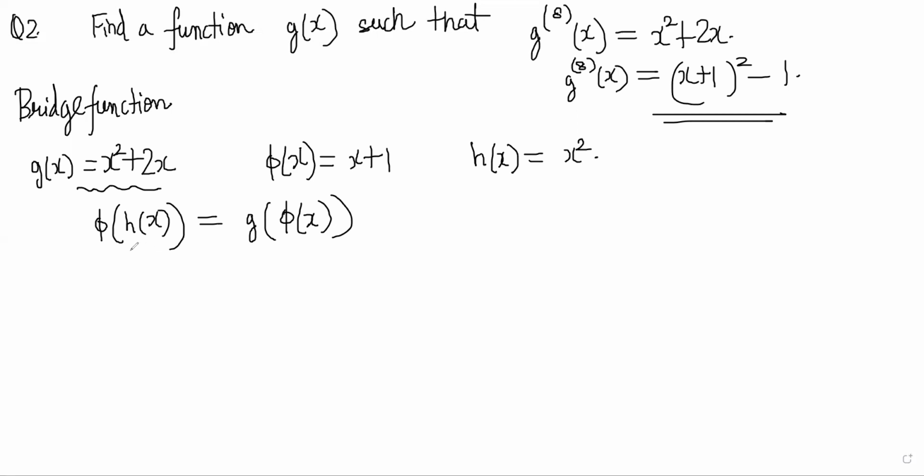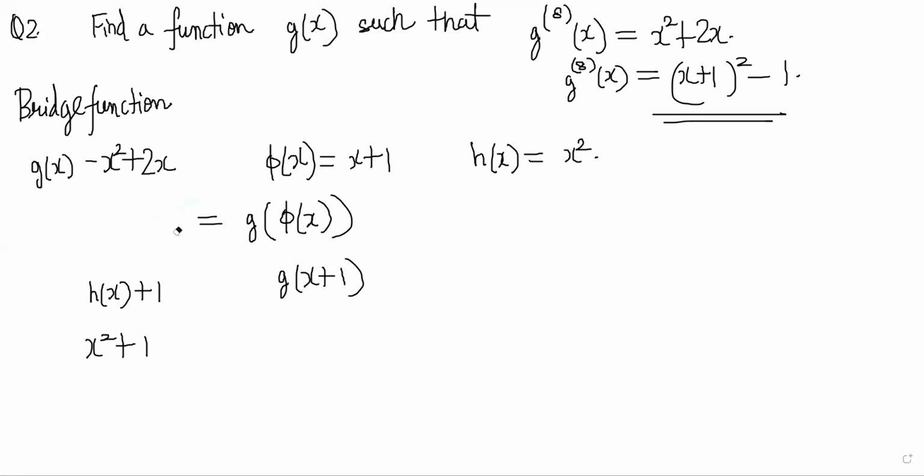So basically we can see phi of h of x is h of x plus 1, and that comes out to be x squared plus 1, and g of phi of x is g of x plus 1, right? G of x plus 1 will be... yeah, I think I've made some mistake here. Let's see. This becomes,